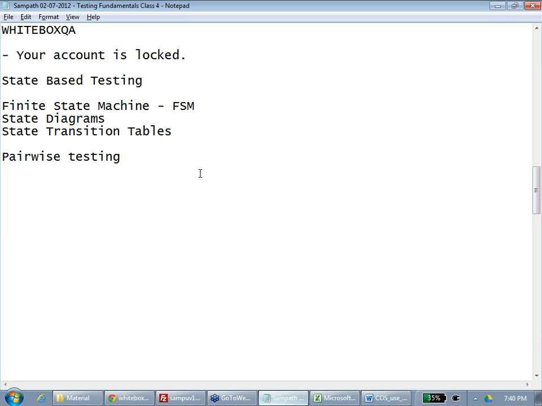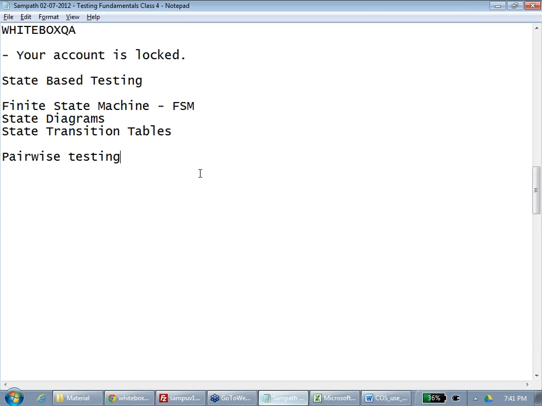This would be faster, right, if it is pairwise? But if it is pairwise, you might lose something. You might lose a permutation and combination. I don't think it might be good in some instances, and it may not be good in all instances. But finally, again, I would say you should always come from top to down: equivalence first, boundary next, then decision, and then state. You can't just start with state first. First is the valid case of the function.